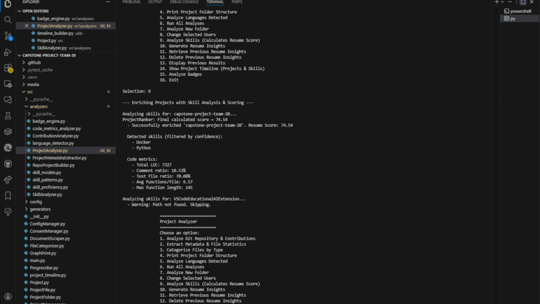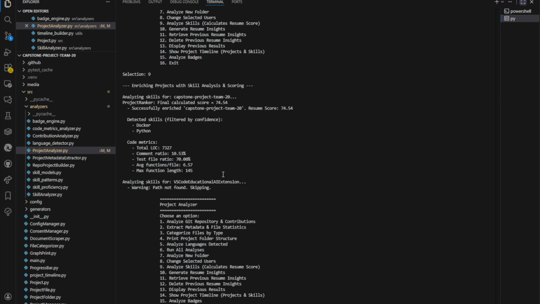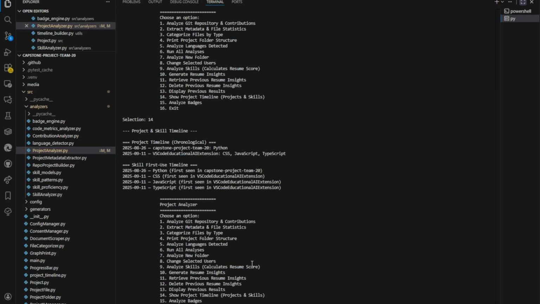And finally, we run snippet patterns over the file contents to detect framework usage based on imports and usage patterns, which extract the skills. And the timeline works like so, where the feature does not reanalyze the repository. Instead, it just reads the stored project objects from the database, including their date created, last modified, and skills used